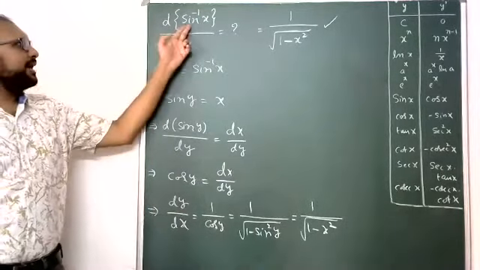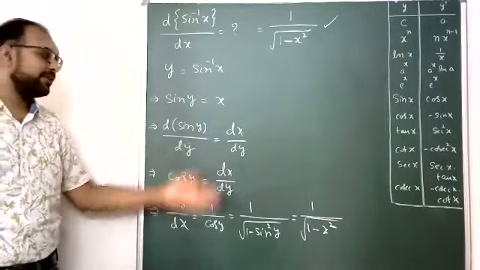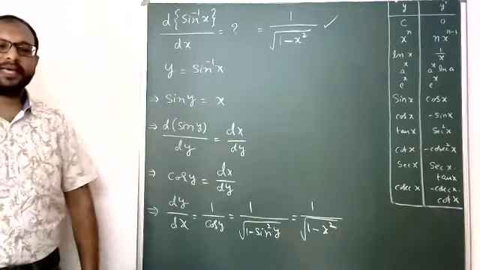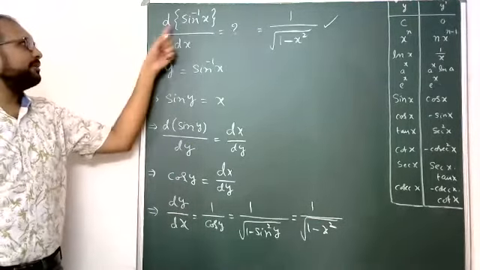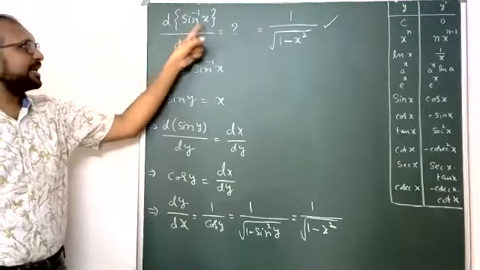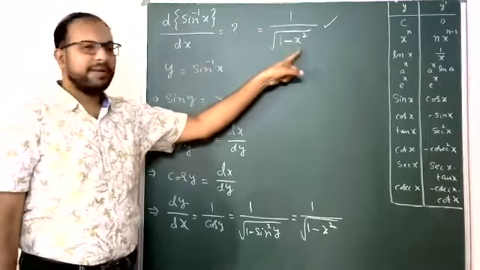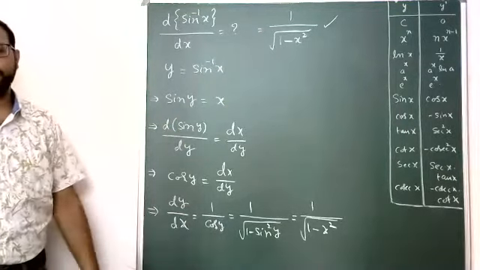So this is the derivative of sin inverse x. All of this is useful in our physics problem applications. The derivative of sin x is cos x, okay, but here for sin inverse x it is 1 by root over 1 minus x square. This is the complete method to find it out.